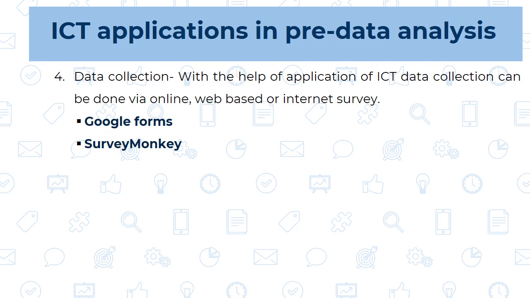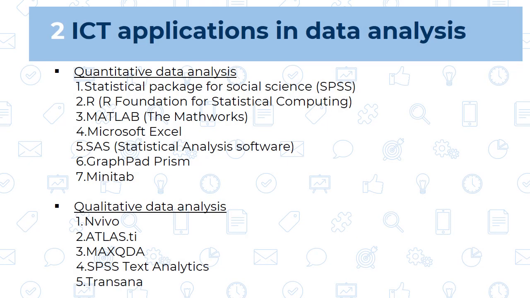Now the second step is called data analysis. Now as we know, data collection is done in two ways, qualitative data collection and quantitative data collection. So here also we are going to perform data analysis on the same platform. First we are going to see quantitative data analysis. Now in the quantitative data analysis, which ICT tools we can use, I have listed here. I have given 7 ICT tools here, but it is not that only 7 ICT tools can be used. There are many more ICT tools, but I have mentioned only 7.